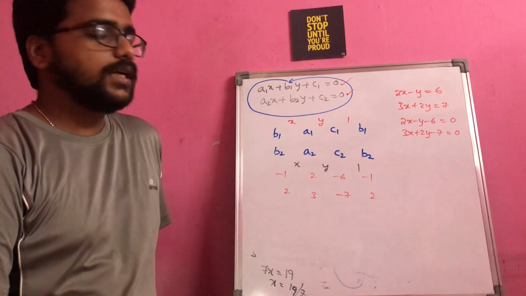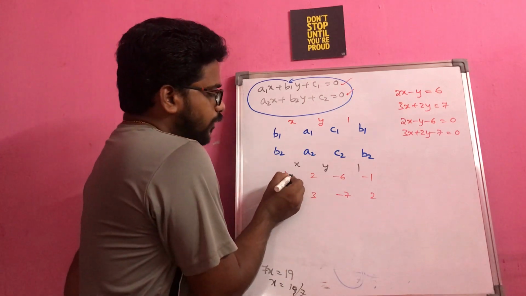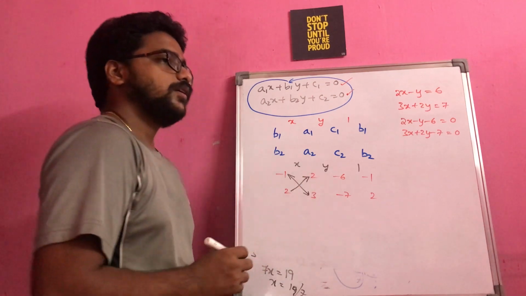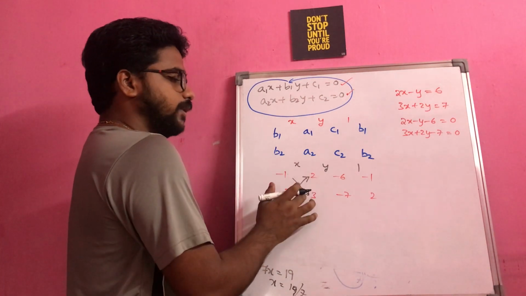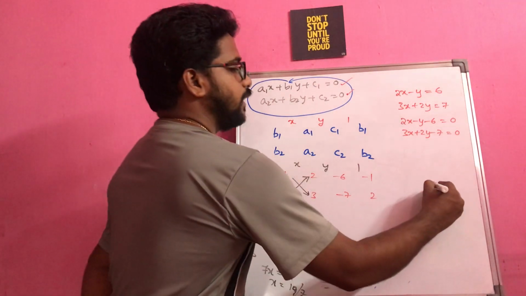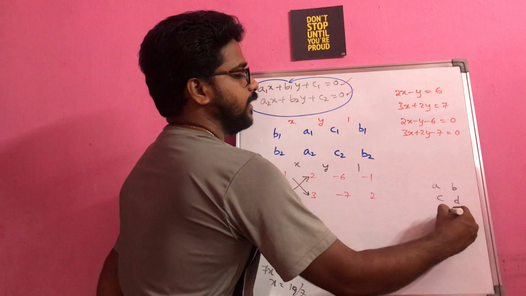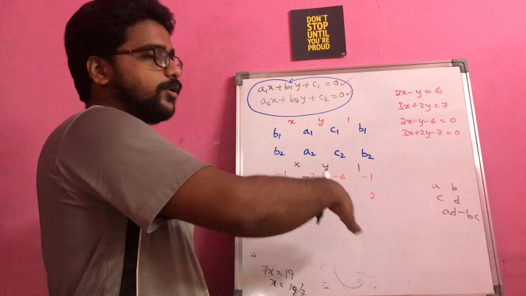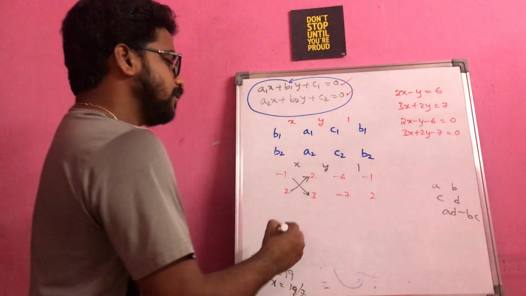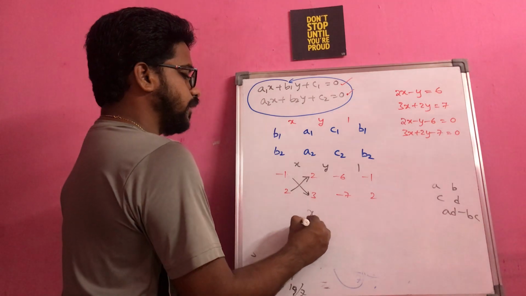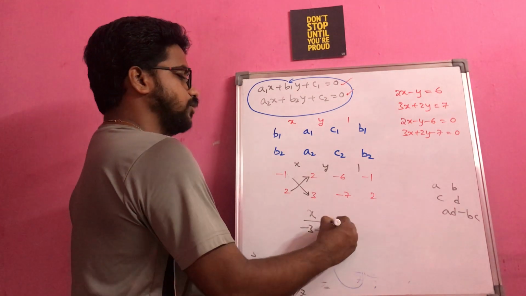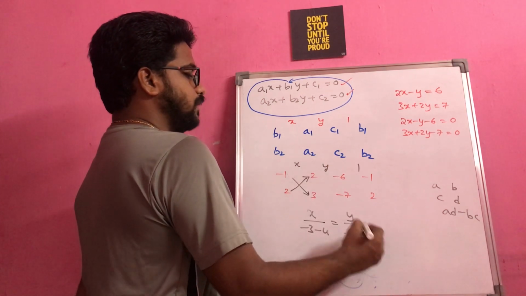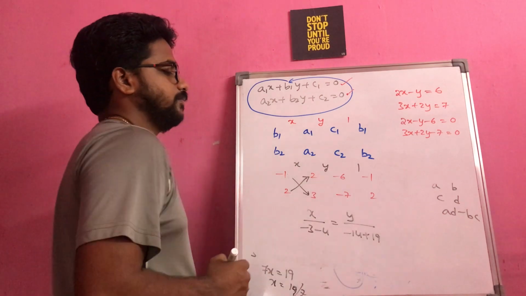Now the important task is to understand this clearly. You have to take the product of this minus this one. First you come down like this and then take the product. For example, if I have elements in the order A, B, C, D, I have to take AD minus BC: first the top to bottom approach, later the bottom to top approach. So I am getting x divided by minus 3 minus 4. Similarly here, y divided by minus 14 plus 18.